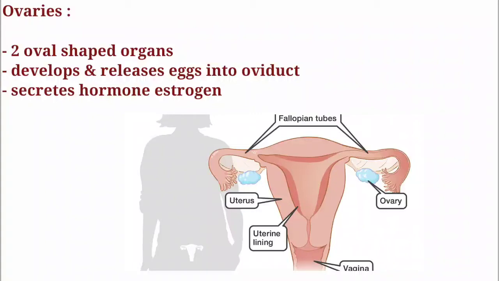Now, it develops and releases the egg into the oviduct, right? As I said previously, it secretes a hormone known as estrogen, which brings about changes in girls during puberty. As in males, the testes produce sperm and secrete a hormone known as testosterone. When does it secrete testosterone? During puberty, when a male attains the puberty level. When they attain the puberty level, there is a growth of mustache, a growth of beard, then growth of hair in the armpits,